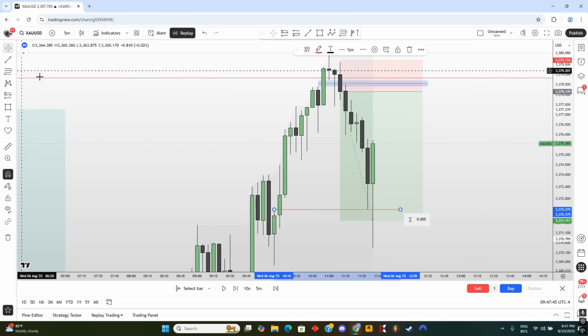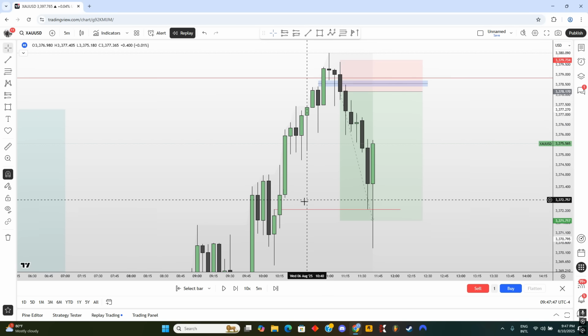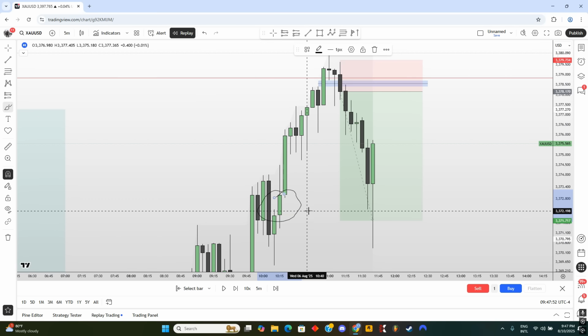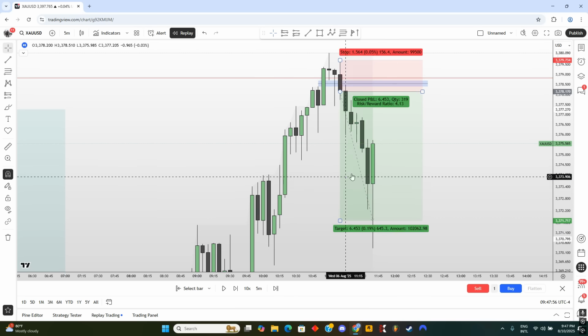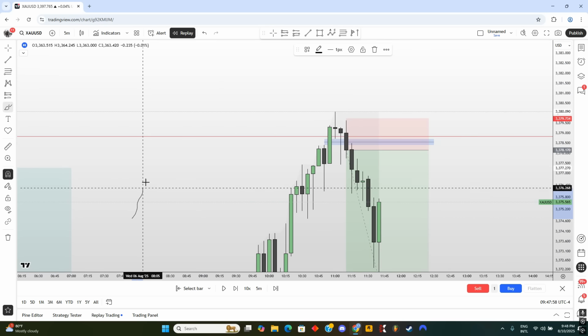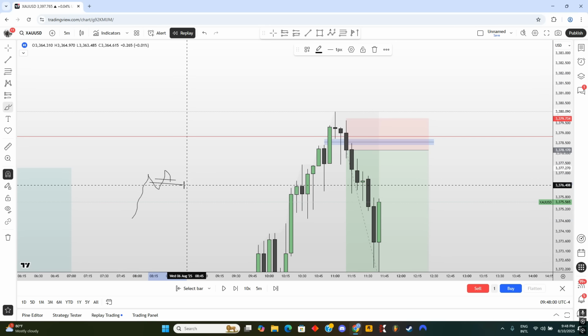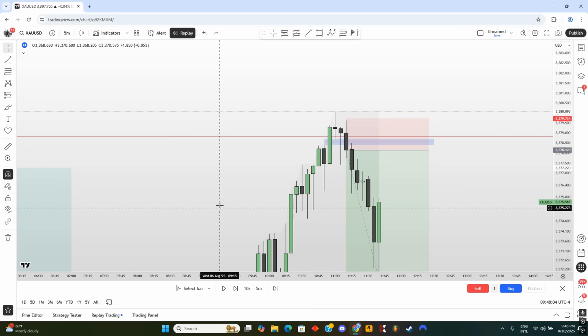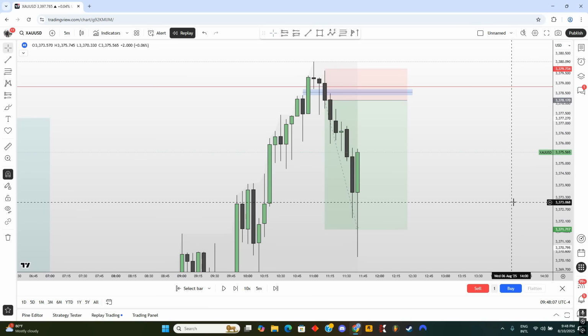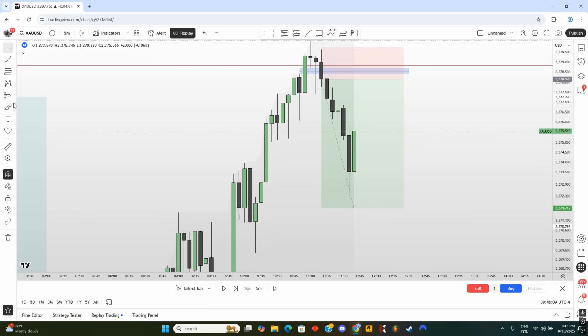So remember one thing, guys, price takes out highs and lows and then rebalances itself into fair value gaps. So it has to balance out the fair value gaps. So in simple theory, right, price takes out highs and goes into fair value gap, and from fair value gap, it goes out to take out highs and lows. So from this information, you can frame your buys, your draw on liquidity, and always know that a good draw on liquidity sometimes is this fair value gap.